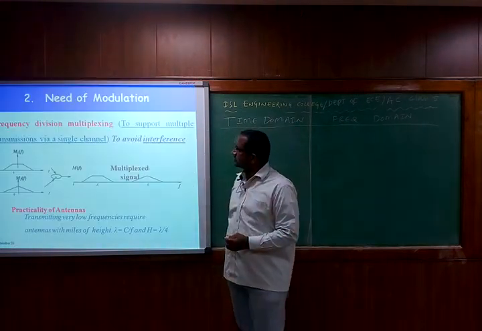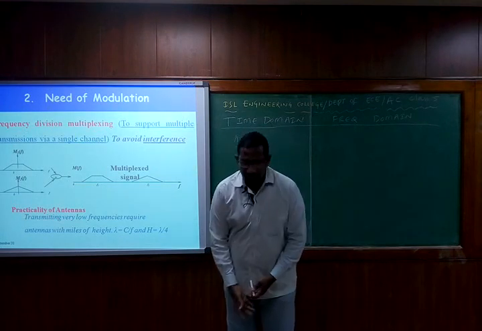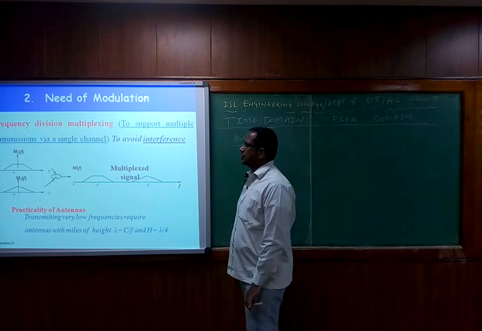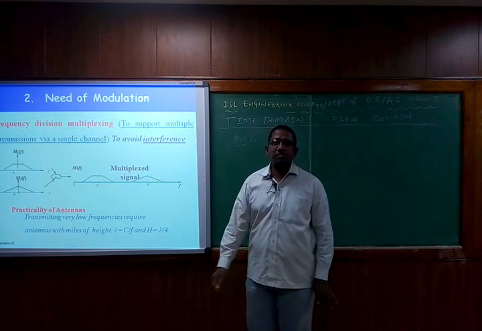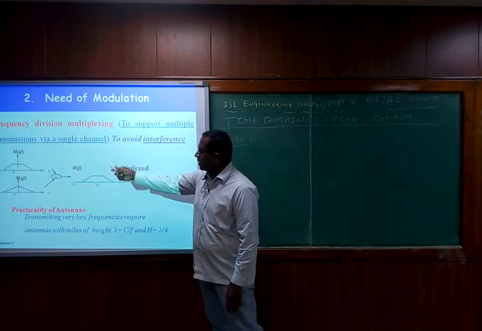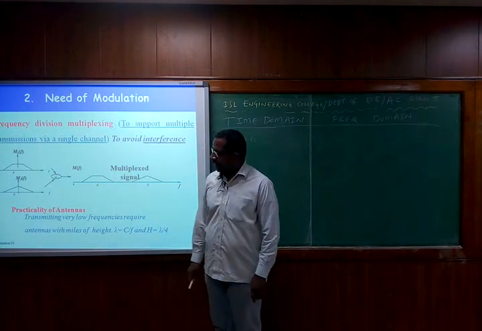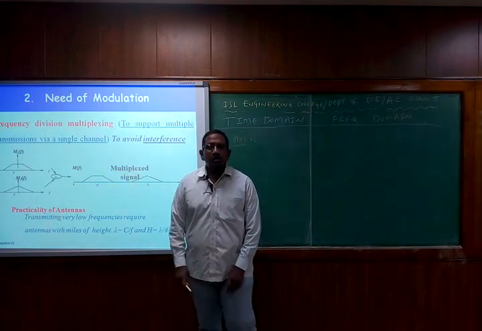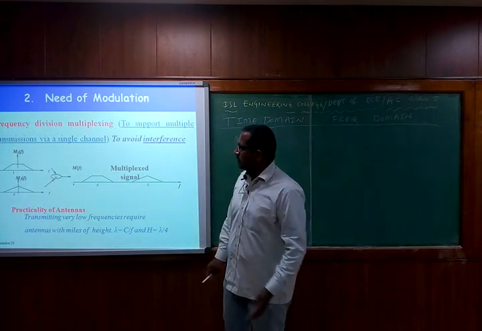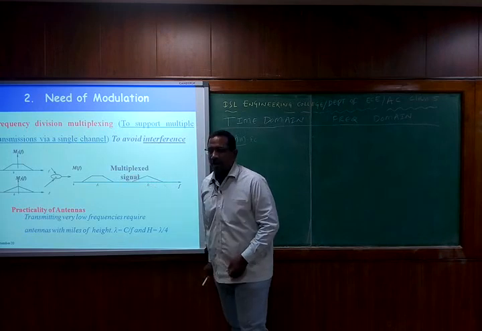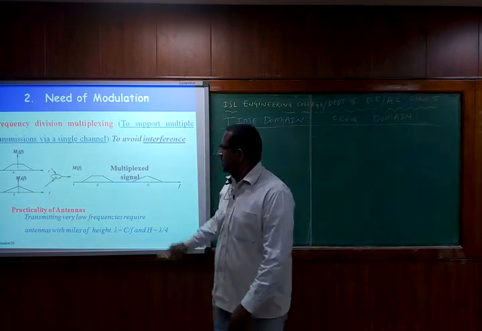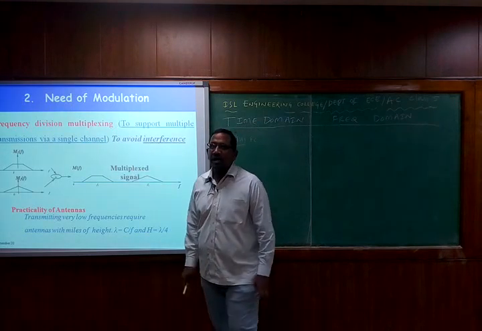Then next, what is the need of modulation? We discussed around 5 needs of modulation. One is going to be frequency division multiplexing. So in this particular slide, what has been given? M1 of f, M2 of f. So these are two different frequency spectrums, which says that M1 of f and M2 of f are two different signal frequency components. So the spectrums are going to be totally different.